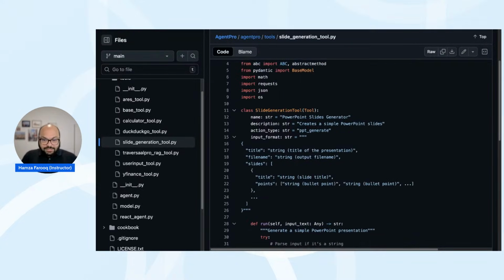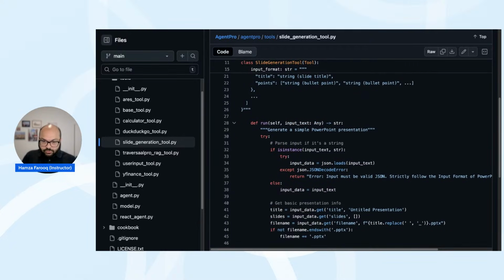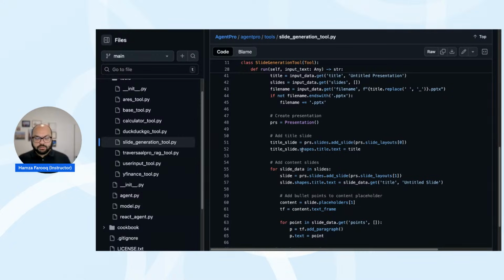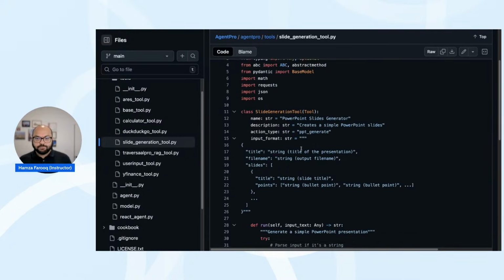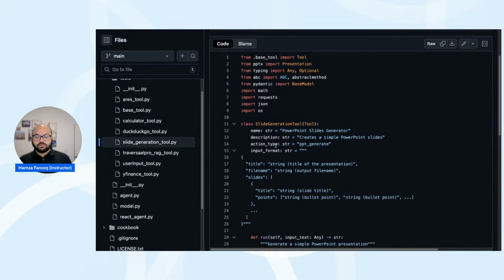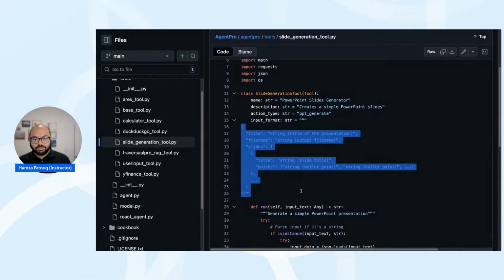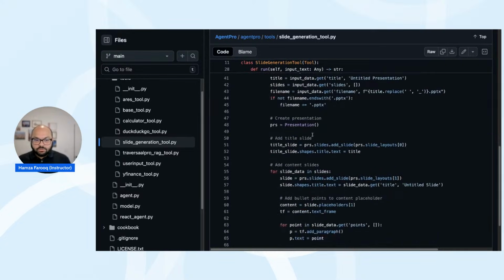To be honest, this is how it's built. You have a predefined code that is created for you with how to follow the process. All it does is that you prompt the LLM, this is how I would like you to send me the request. This is the kind of input format that I'm expecting from you. And then your slide is generated.